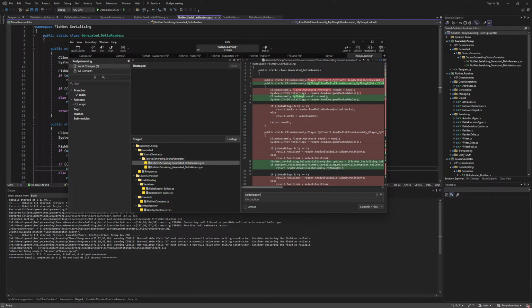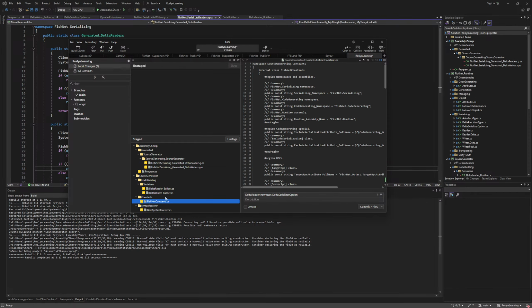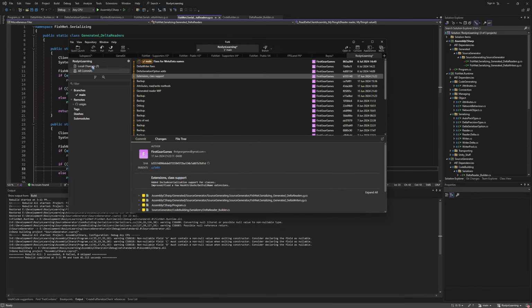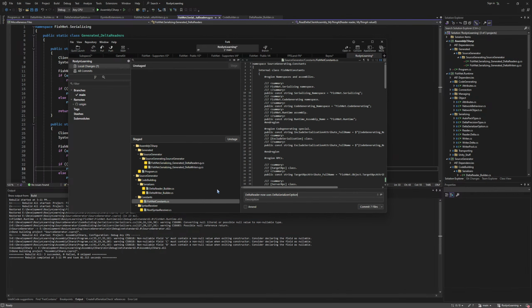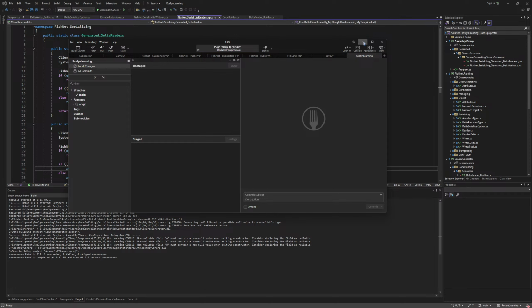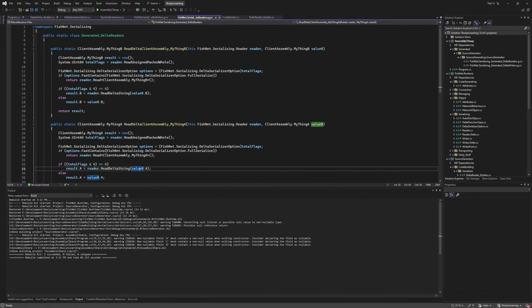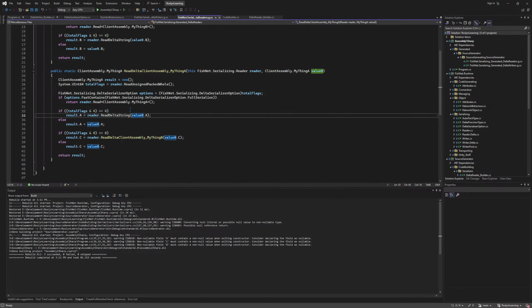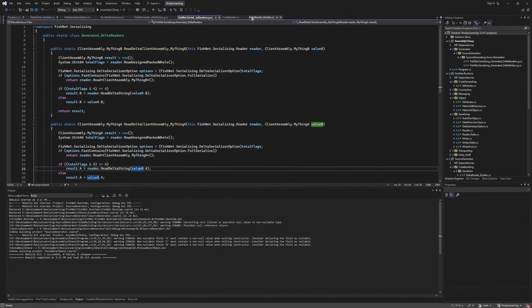Delta Reader uses. All right. So the breakdown of this is